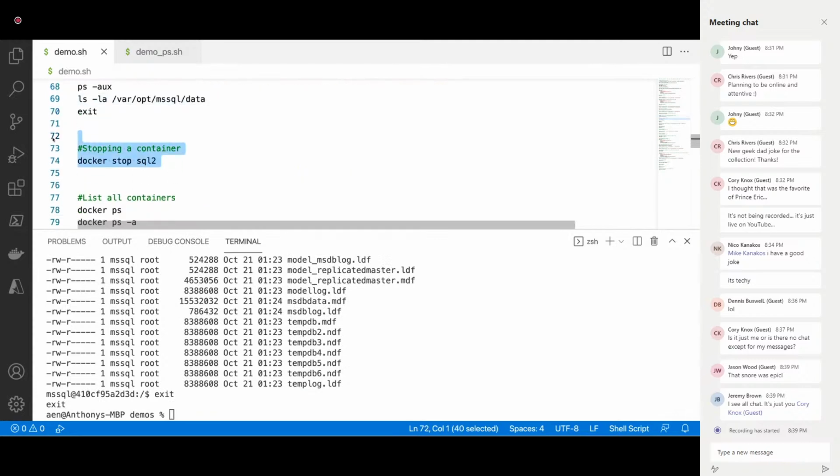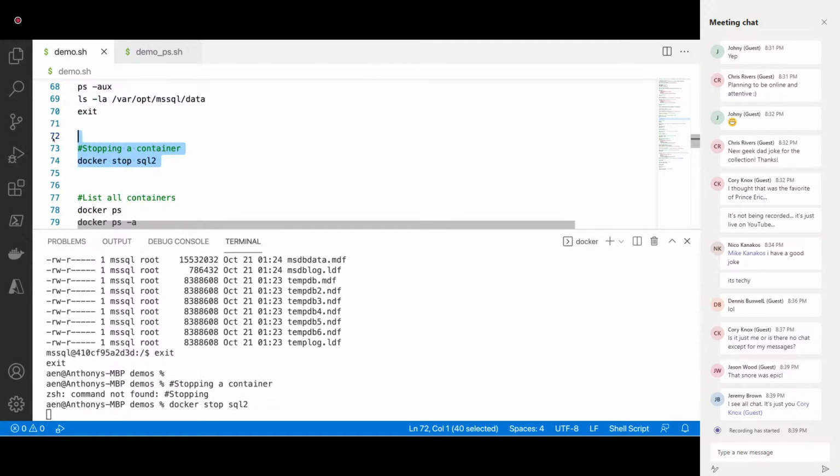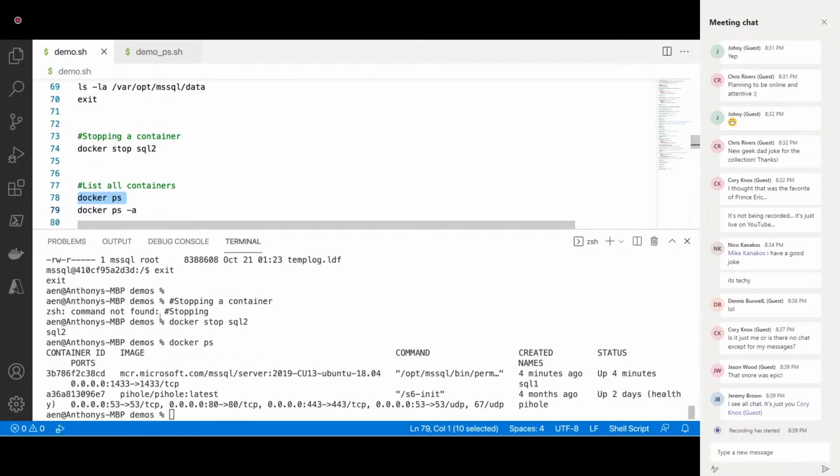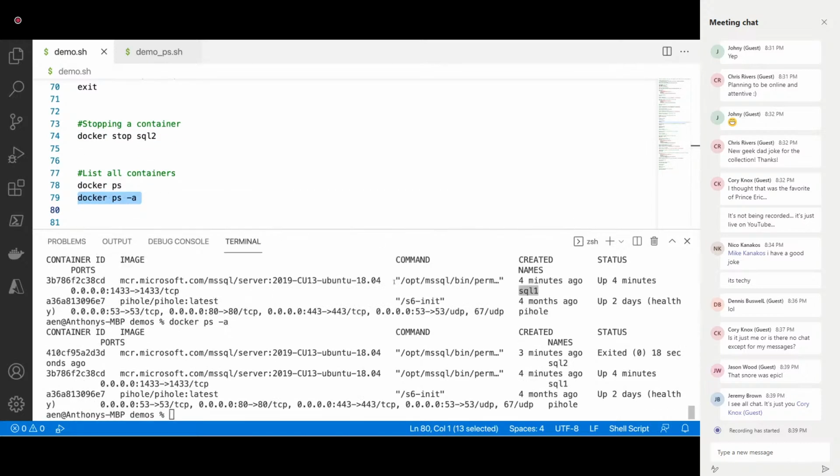So if I want to stop a container, that's going to send a signal to the process to shut down gracefully. Sometimes it takes a second. That's going to stop the container, but the container is still on my system. I stopped SQL 2. SQL 1 is still certainly up and running. I didn't touch that. But you don't see SQL 1 or SQL 2 in this list. If I do a docker ps -a, this time it's going to be